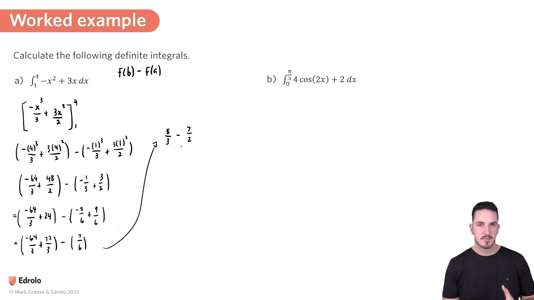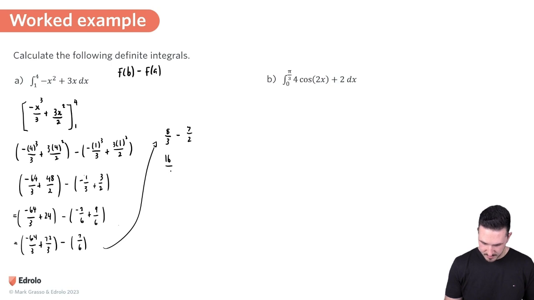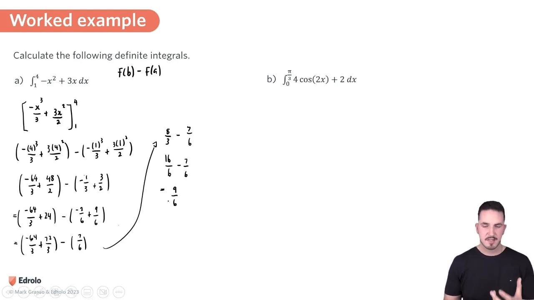So this question is very fraction heavy. So it's going to become 16 on 6. Oh, sorry, that should be 7 on 6, not 7 on 2. 16 on 6 and minus 7 on 6. 16 minus 7 is 9. So we're left with 9 on 6. Can't leave your final solution like that. You have to simplify. So 9 on 6 simplifies to 3 on 2